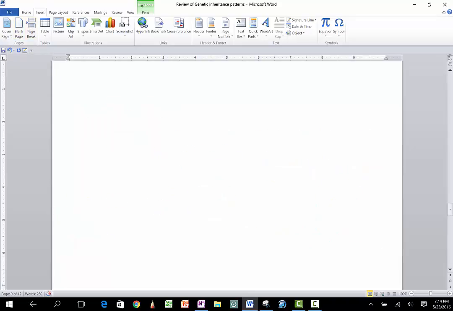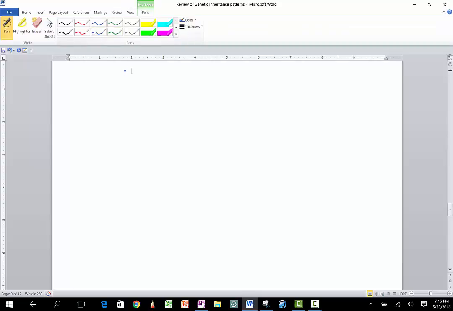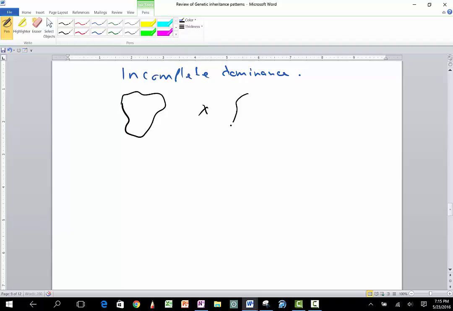Incomplete dominance or codominance are very similar. So let's say we take a flower. It doesn't look much like a flower. That's another flower. But we're taking a white flower, crossing it to a red flower,